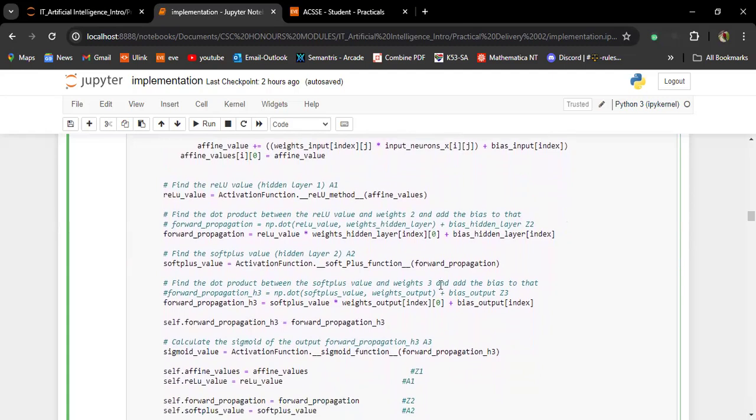Now this value is going to be sent to the ReLU method. The ReLU method is going to make a comparison on the weighted value with bias from the edge that is connecting the input layer and hidden layer 1, and then it sends the results to the edge where it's going to get weighted and have the bias added to it, which is then sent to hidden layer number 2.